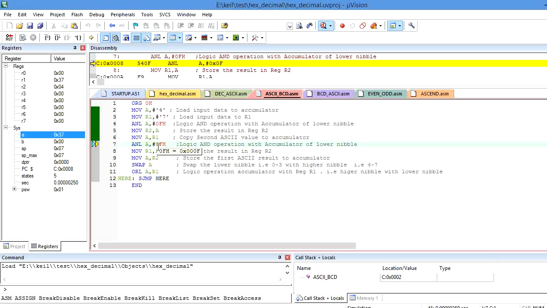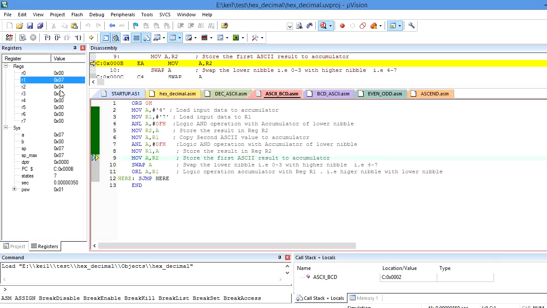If I perform logical AND of 37 with 0F, it will store 7 in the accumulator, that is 07. So I stored 7 in the accumulator. Now I copy the accumulator content to the R1 register using MOV R1, A.